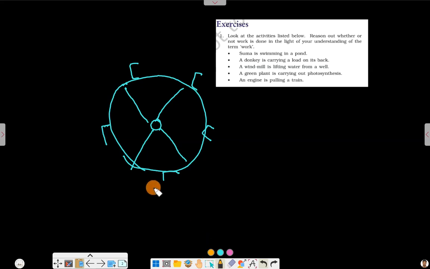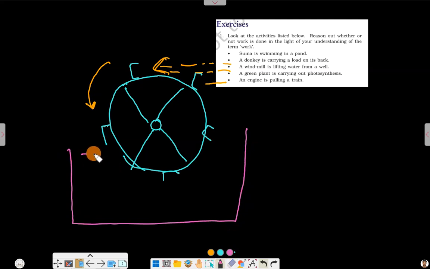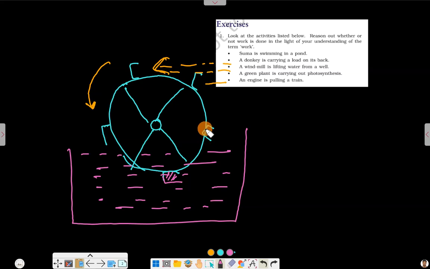When it rotates, let me explain how it happens. Wind strikes here, due to which it rotates like this. And here is water. It is a pool. Here is water. So when it rotates, it carries water in these buckets, and that water rises. Okay,